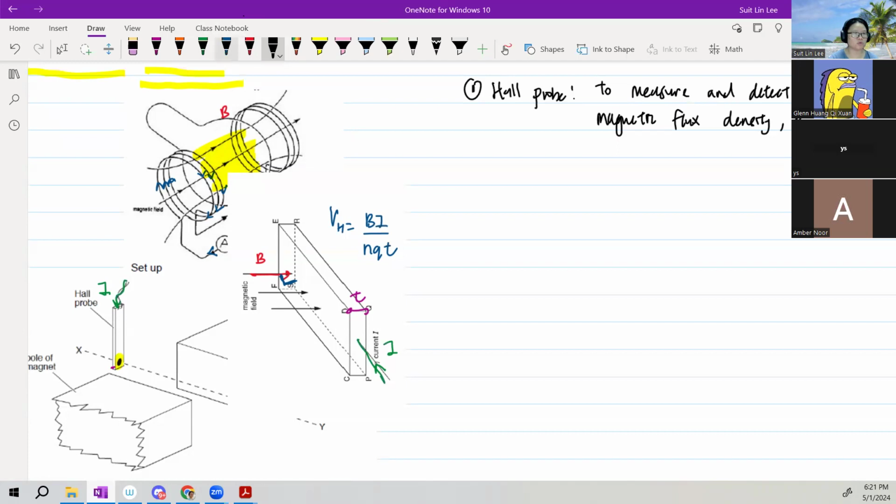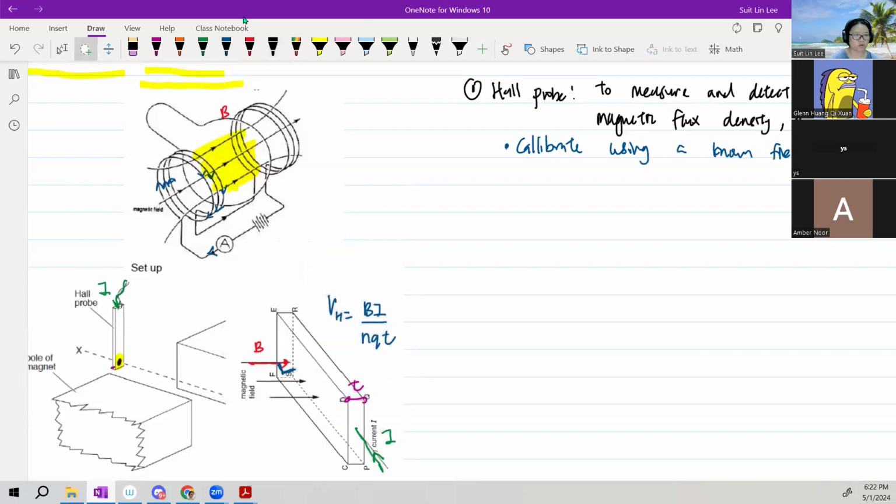And when using the Hall probe, step one, or point one, or additional detail, you will calibrate using a known field. So let's say, for example, before I even use my Hall probe inside the solenoid